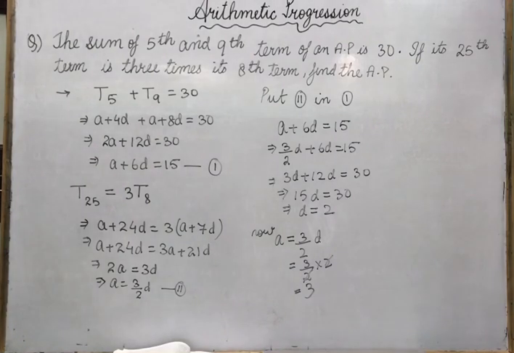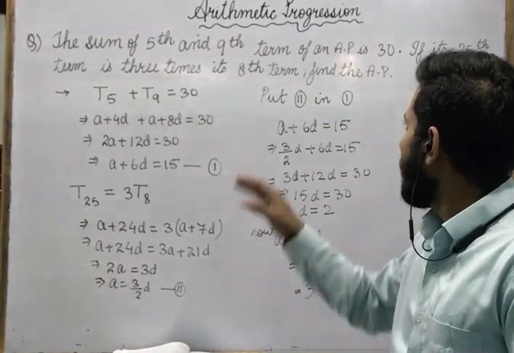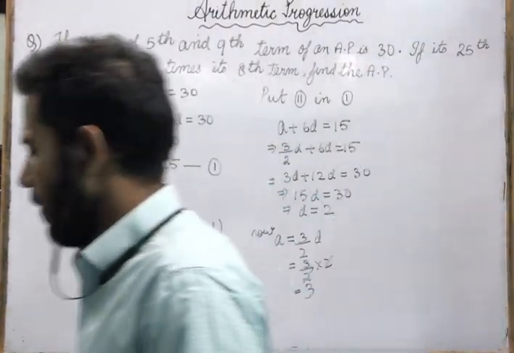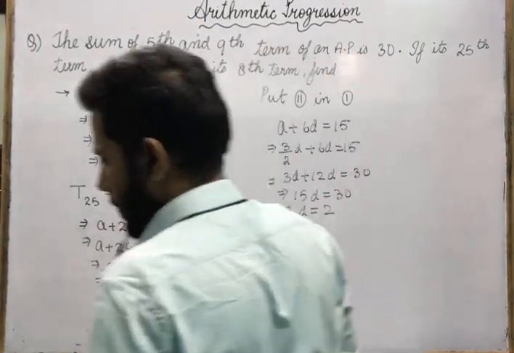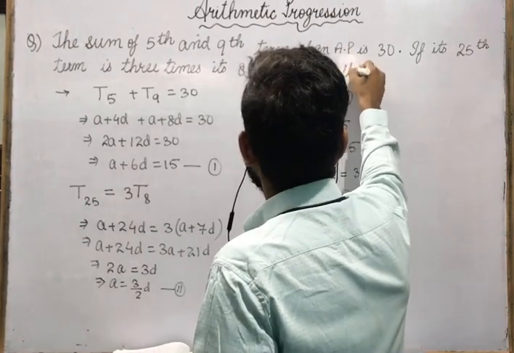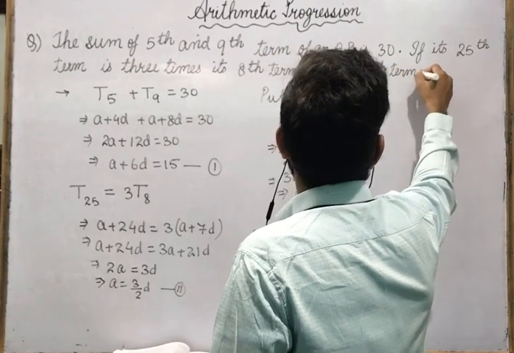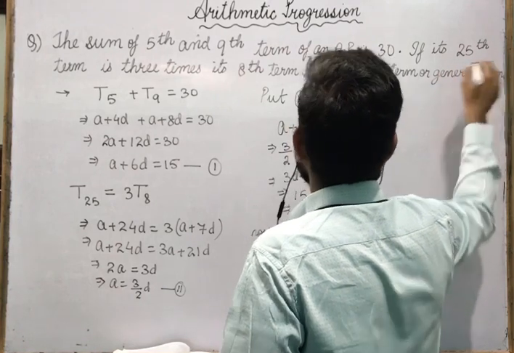Okay. So have you understood how to convert a statement into equation form and get the value? Have you understood it? अच्छा चलो, अब यहाँ पर find the AP नहीं लिखा रहता, suppose instead of find the AP, it would have been written here, find the nth term or general term, ये लिखा रहता.